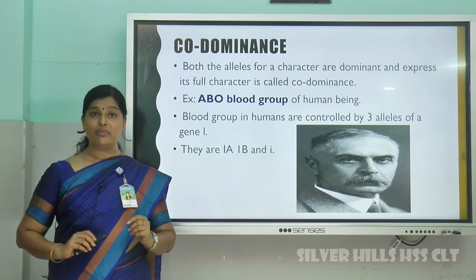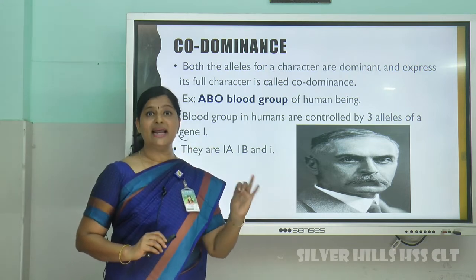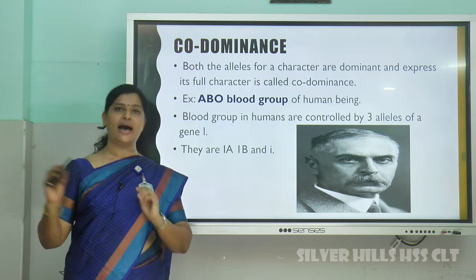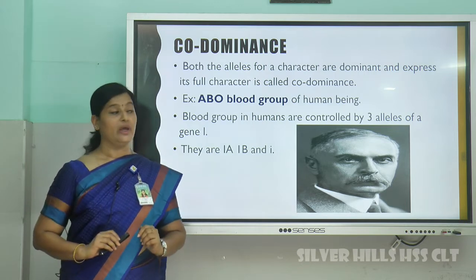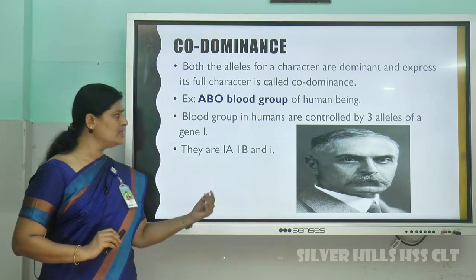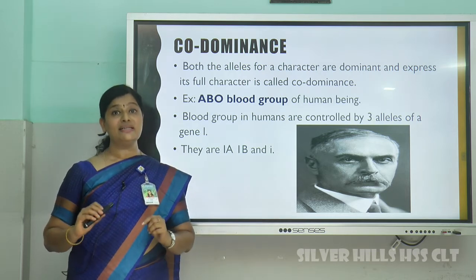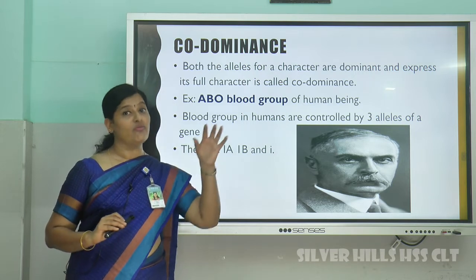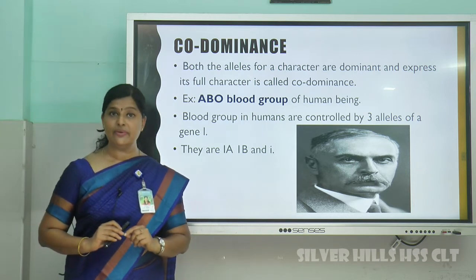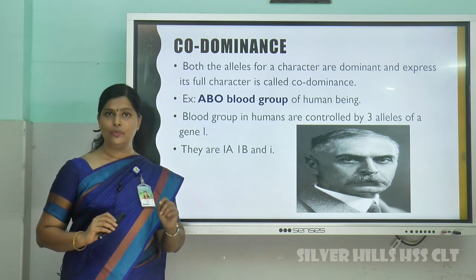So based on which antigen we have, there are different types of blood groups. What are the different types of blood groups? A, that person has A antigen. B, that person has B antigen. And if a person has AB blood group, he has both the antigens, A as well as B. Now what about O blood group? Many of you have O blood group, isn't it? This is because, as I told you, the i gene is a recessive one. If a person gets i allele from father and i allele from mother, both are recessive, and that person will not produce any antigens. O blood group.